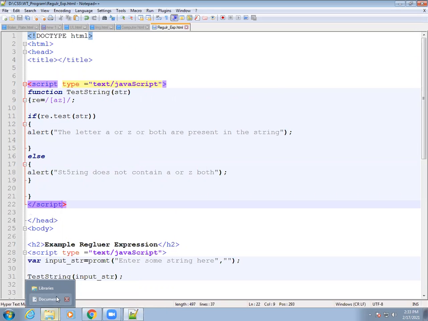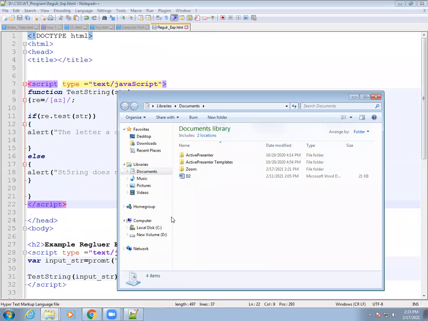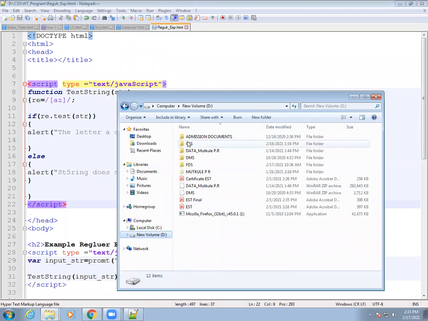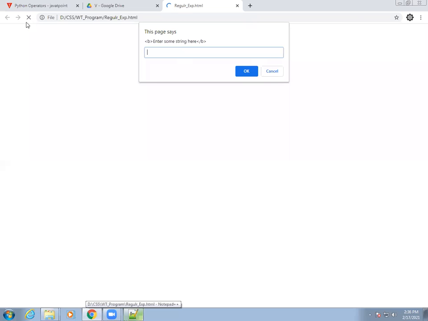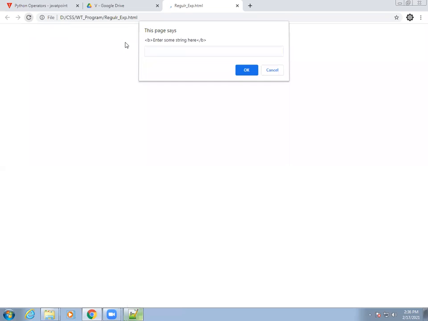The file name is regular expression. Double click on that file. Okay, example of regular expression. No, we didn't get that thing. Let me see. Okay, you can see that my program is run here.